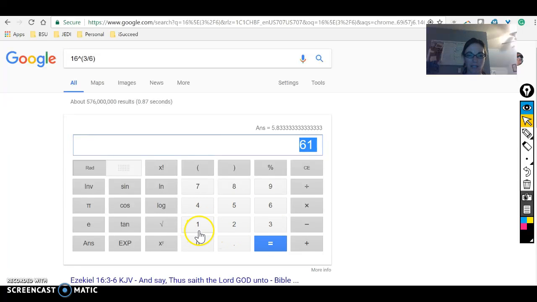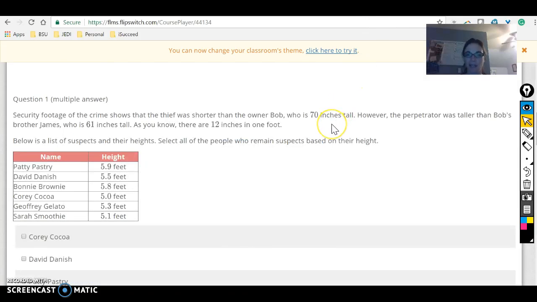And 61 divided by 12, this is my lower limit, is basically 5.1 or 5.083. Okay, so let's go back, and I know that I'm somewhere between 5.1 and